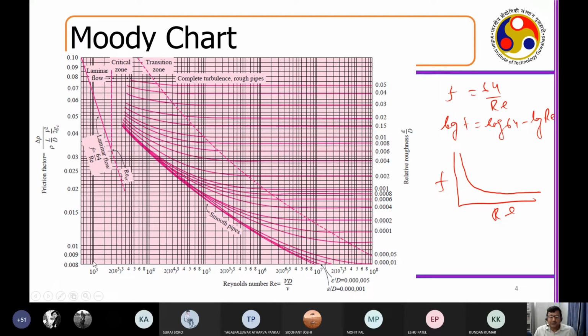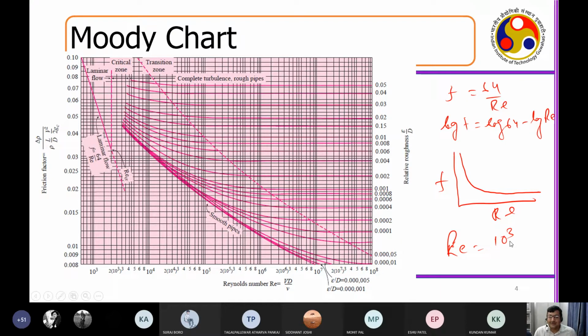Now, in that process, you can plot a large range of Reynolds number on the x-axis and a large range of friction factor on the y-axis. Essentially, here you are looking at orders of magnitude. Say, suppose you have a Reynolds number of 10 to the power 3. Normal Reynolds number is 10 to the power 3, right? Then how much does it become on a log scale?